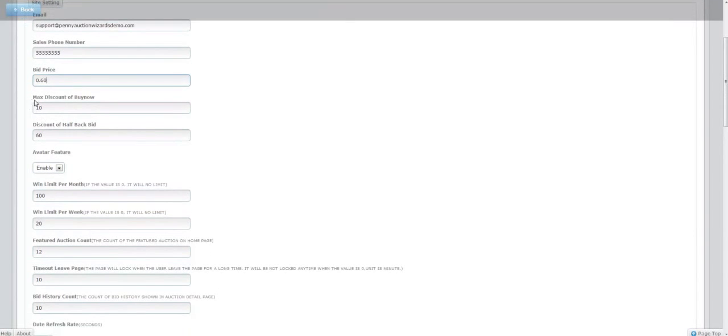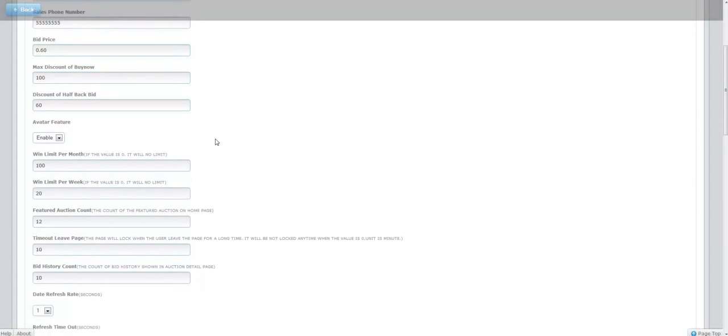The max discount of the buy now. This has to do with your global buy now settings. If you set this at 100%, then users who are bidding on your auctions, and if you have buy now enabled, will get a maximum discount of 100%. So what that means is if your bids are set at, let's say, $1 per bid,